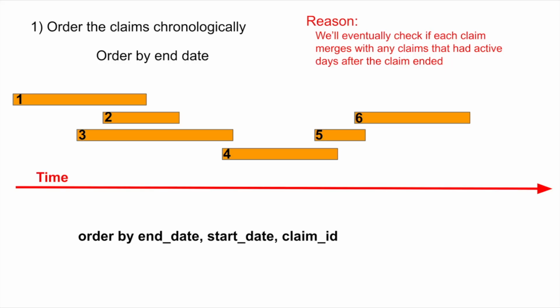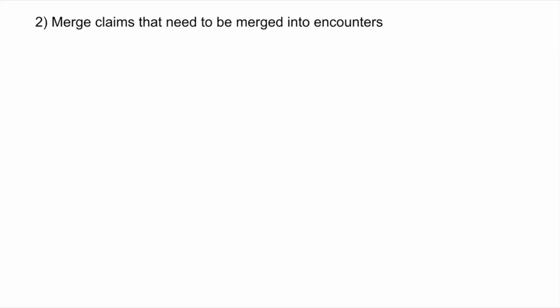So we can order with a statement that looks like this, where we use the start date to break any ties. And if there's still remaining ties, we could use an arbitrary field like the claim ID to break those remaining ties. So after the claims are ordered in time, now we merge claims that need to be merged into encounters. And we're going to be doing this using a concept that we introduce here, which is a concept of